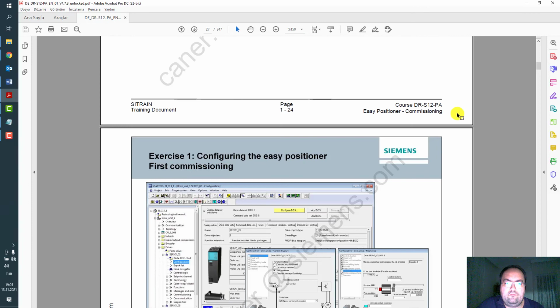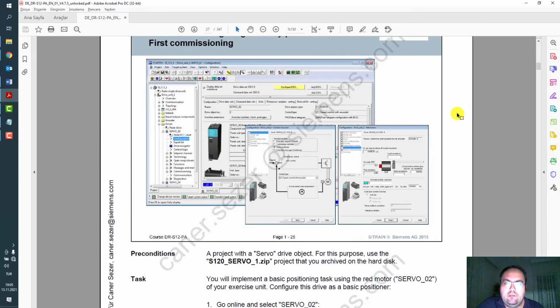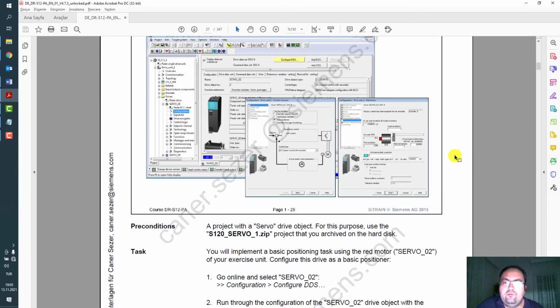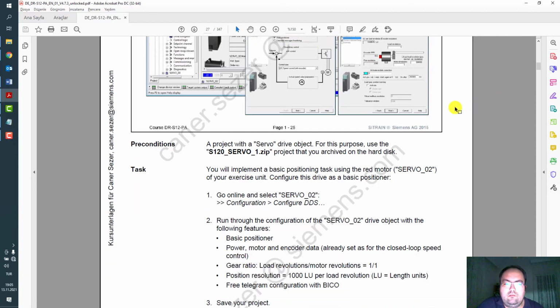So, in the first example for first commissioning, in offline mode in drive dataset of drive object servo 2, for instance, you need to hit this button, the yellow background, configure a DDS, and at the first page you need to select the basic positioner function, and you have to complete the wizard following steps.